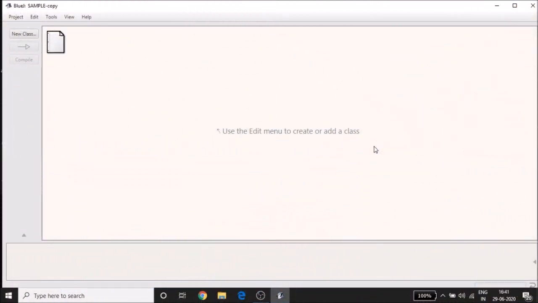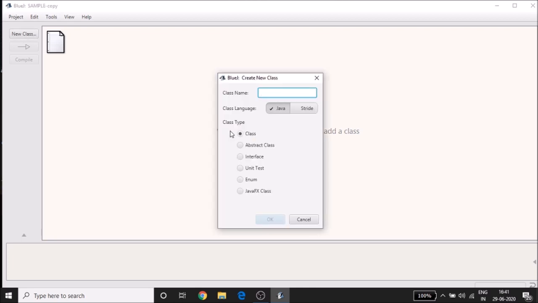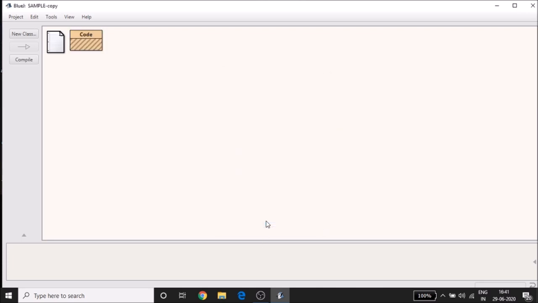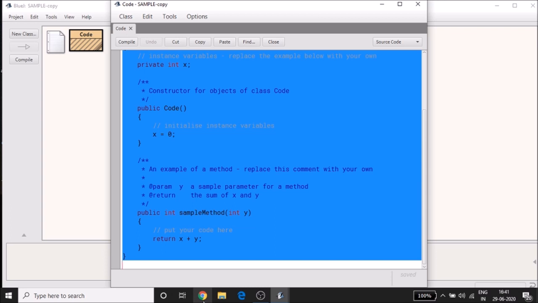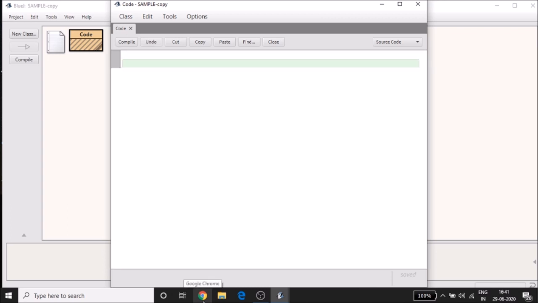Now, open BlueJ and hit new class after you have created yourself a project. You can type in your class name as whatever you like, but note that the starting letter should always be in capital. Once you're done, double click your class to open it. Like always, you'll see a lot of unnecessary statements, just delete them all.